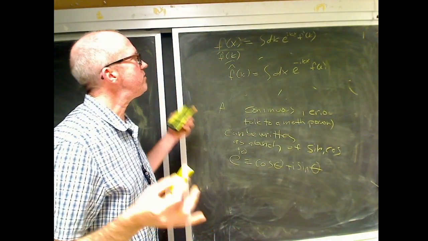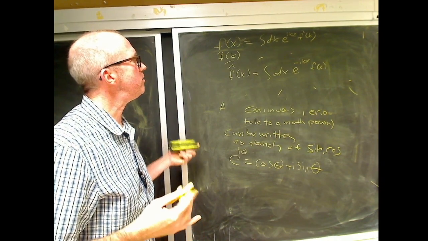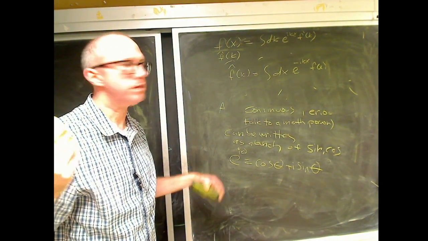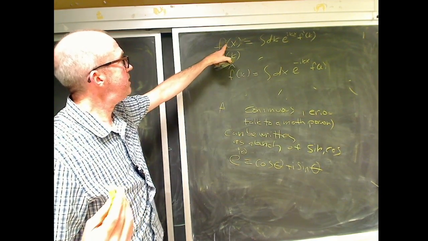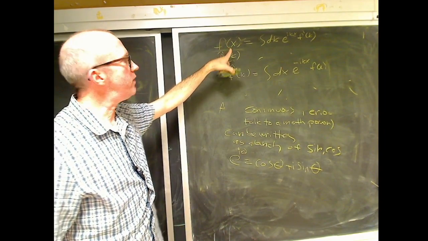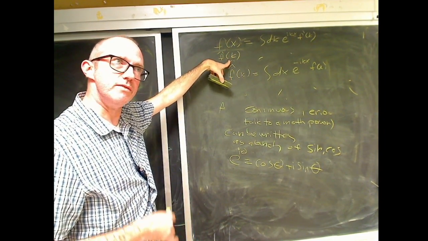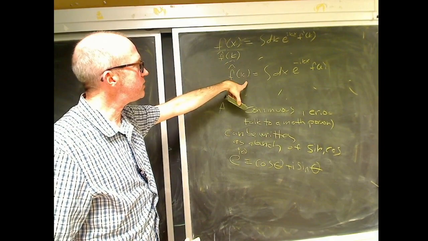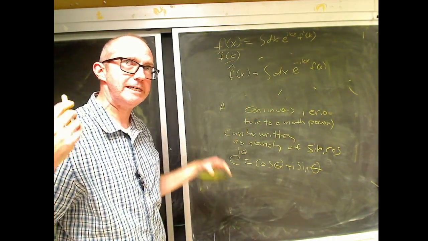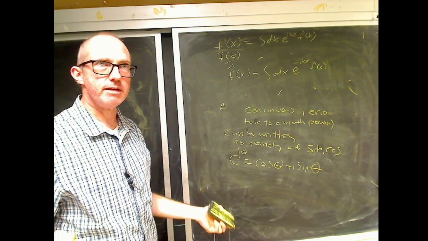So I have this machine called the Fourier transform. I don't really need it too much. When I need it, I'll make you do it. But you can go between a function of spatial positions to a function of wave numbers in Fourier space with this transform. Or I can go back with this other transform. You can just go back and forth between the two, and all kinds of great things come out of the Fourier transform.